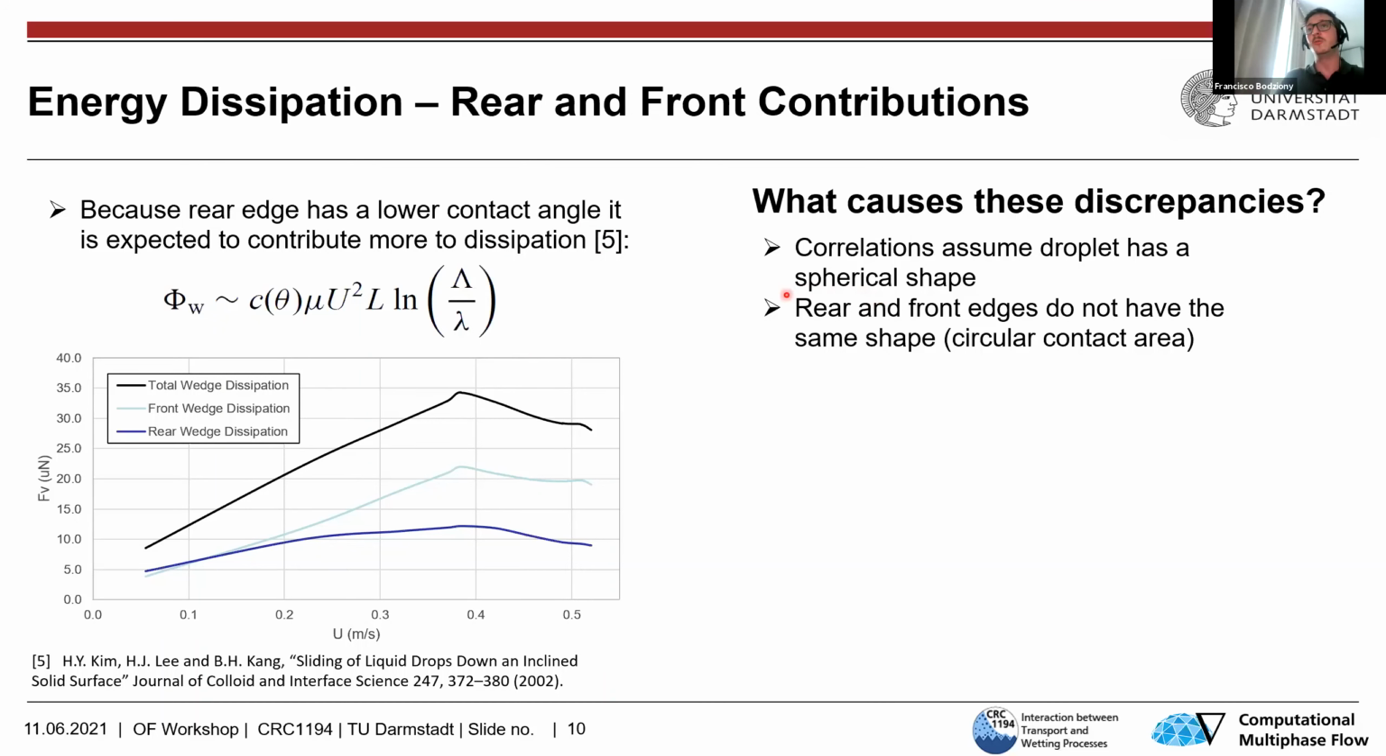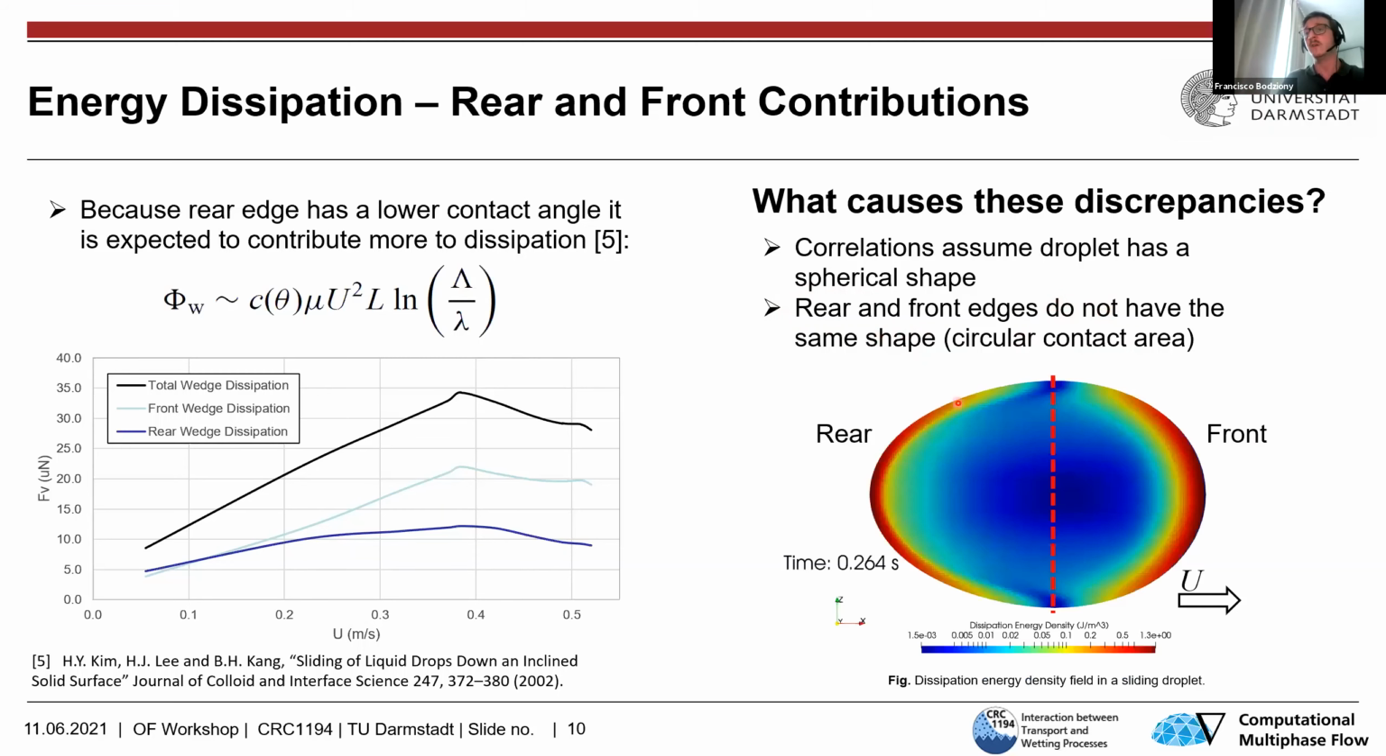And also the rear and front edges are assumed to have the same shape, which we do not have, as you see here. So here, for a 40-degree inclination angle, the droplet is quite skewed, and actually, if you increase the inclination or the speed of the droplets, this will deviate even further and further because these assumptions are not